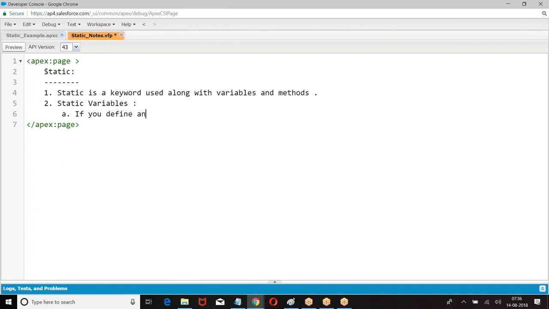If you define any variable as static, memory will be allocated only once for the variable.